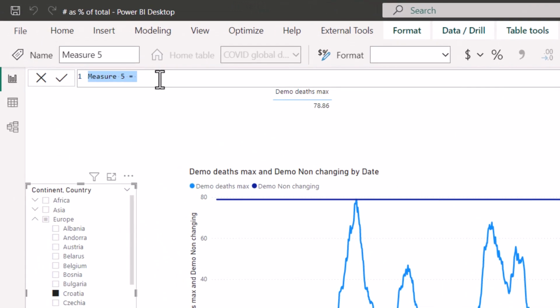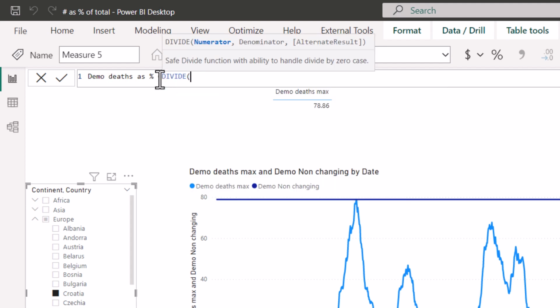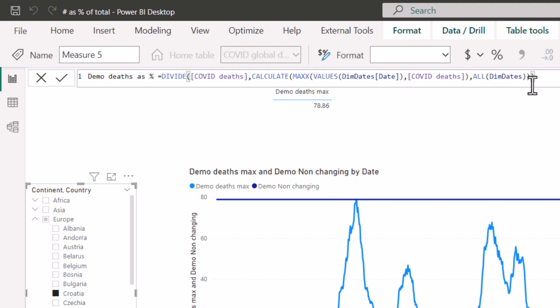I'll call it demo deaths as percent equals DIVIDE, and I'm going to divide the COVID deaths by my denominator, pasted in, and then close my brackets. Then I like to do times 100, so I don't have to change the number formatting, because even though it's a percentage, it still kind of works. So great, that's this one now, and if I add that to this visual,